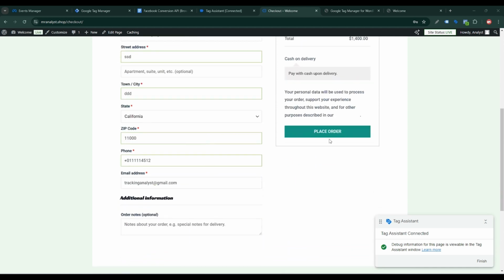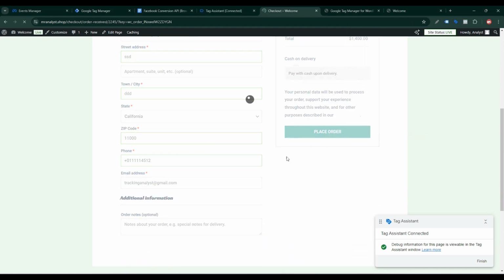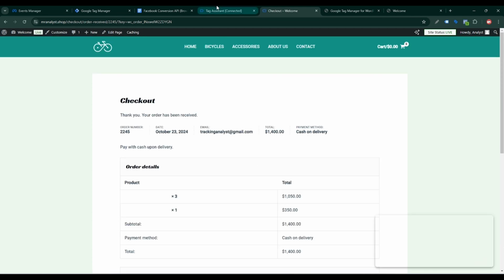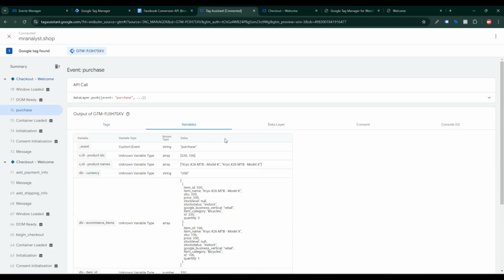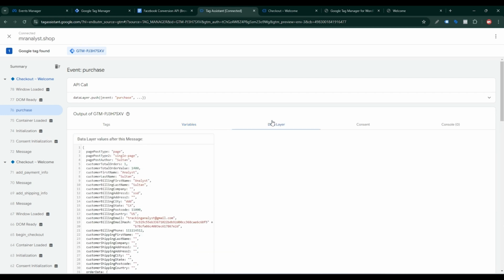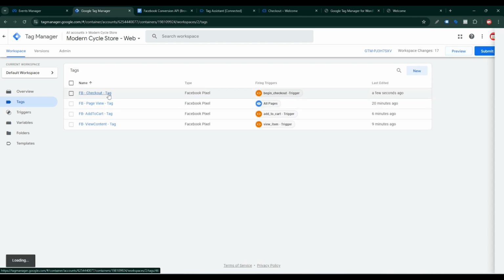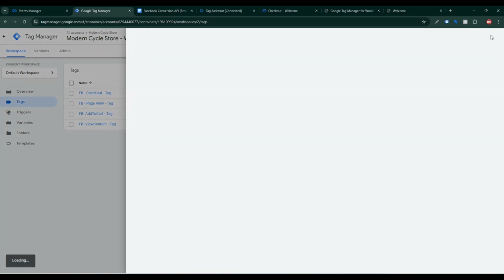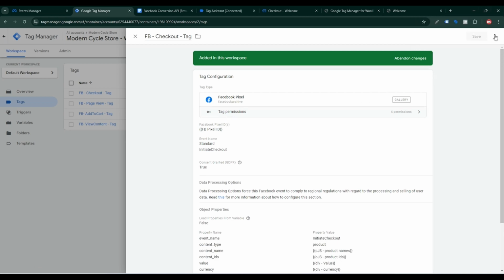This is the demo address, then click on purchase. Our purchase event is here, so I need to create a purchase tag, so click on it. We need to copy this checkout tag because our initiate checkout and purchase schema is the same, so copy this,